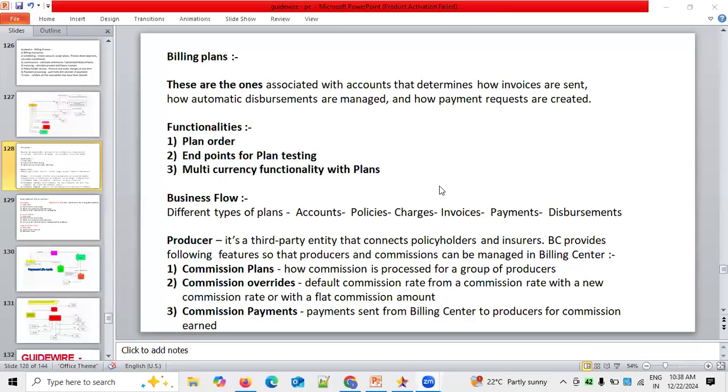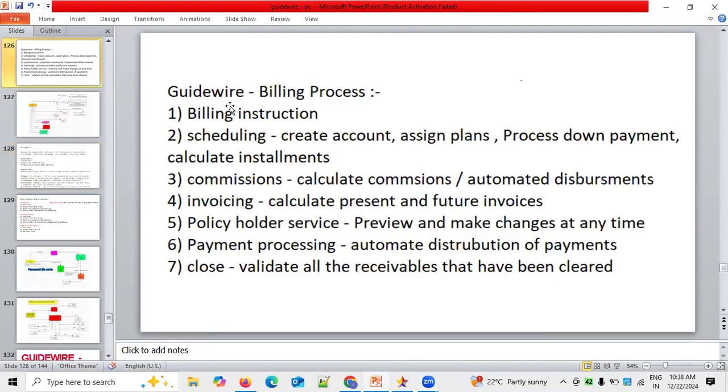Right. So in the last session, we discussed the different areas in context to the Guidewire billing part. The Guidewire billing process is something I explained in the last session. Being a business analyst, my focus is completely on the business analyst side, you know that. So as far as the Guidewire billing process is concerned as a business analyst, in the last session we have discussed,